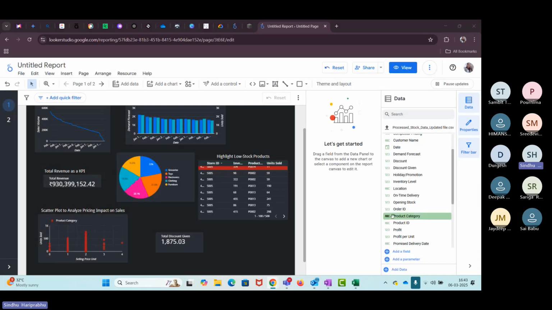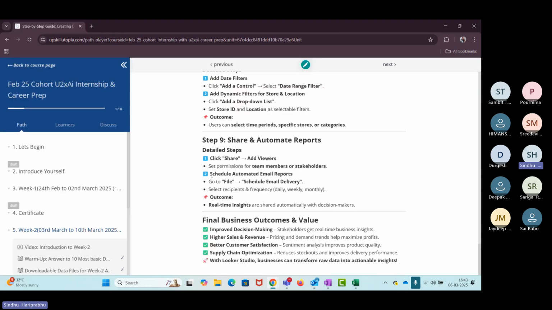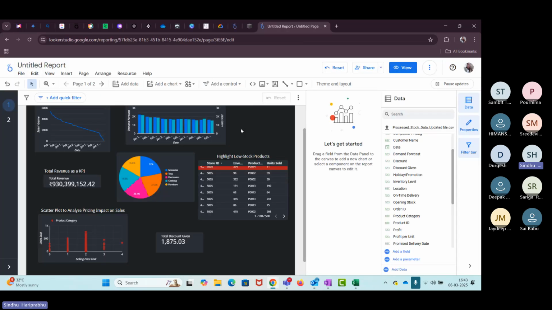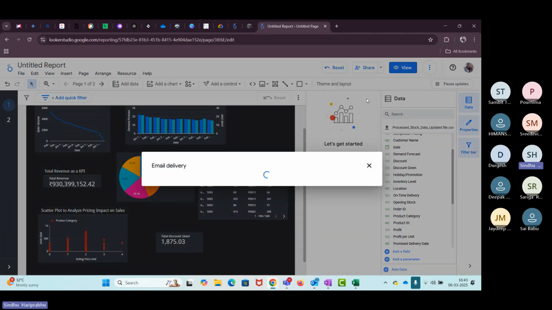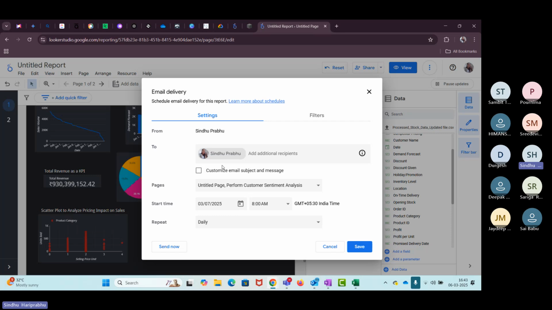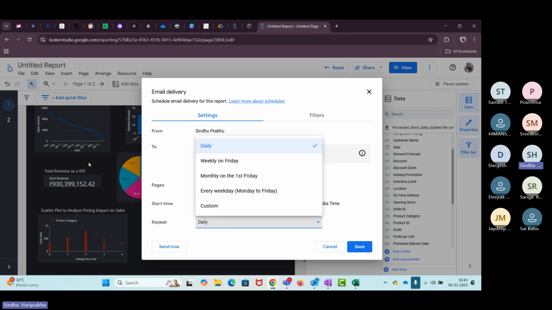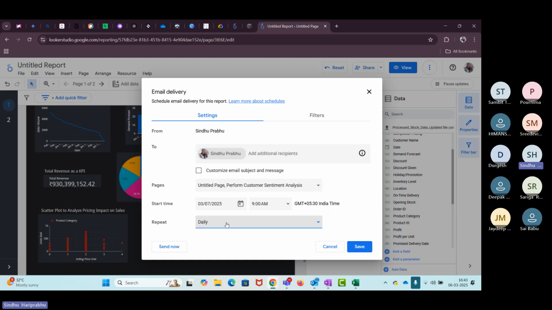Done. And there is one more option called schedule automated email report. So every day this is your regular task and you want to schedule an automatic report. So again, click on share option. You have a drop down. Click on that. Then you have a schedule delivery. Click on schedule delivery. So you can change it. You can customize it however you want. Every day you're supposed to send a report around 9 a.m. in the morning and repeat it daily. Daily you make some changes and you want to send it automatically, or every weekend, weekday, however you want, you can customize. I'll keep it daily.